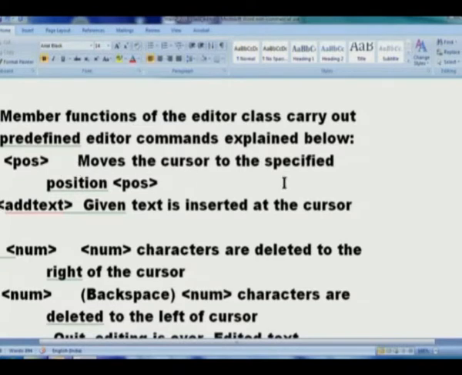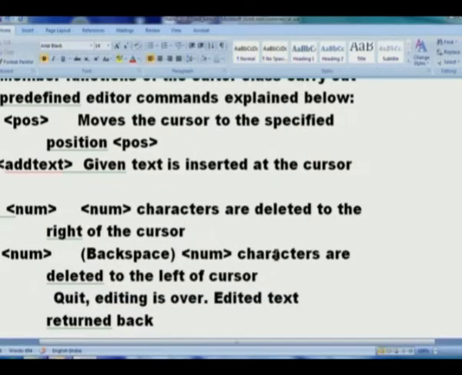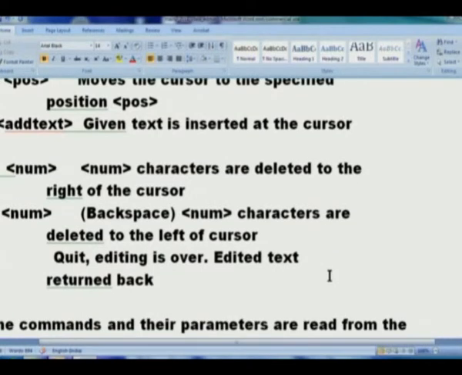M num moves the cursor to the specified position. I add text: given text is inserted. D num: num characters are deleted to the right of cursor. B num: backspace, num characters are deleted to the left of cursor. Q, quit. Please remember, in our interface functions, we did not think of any quit, because there is nothing like